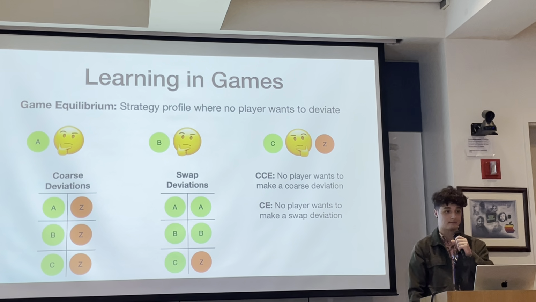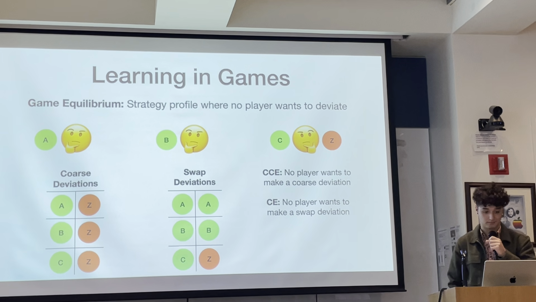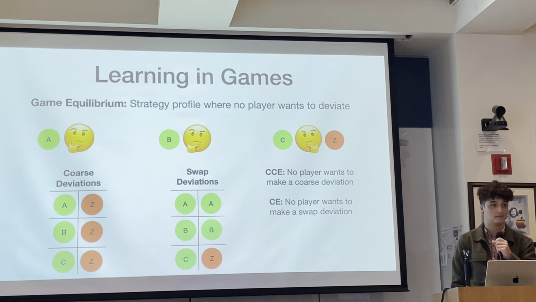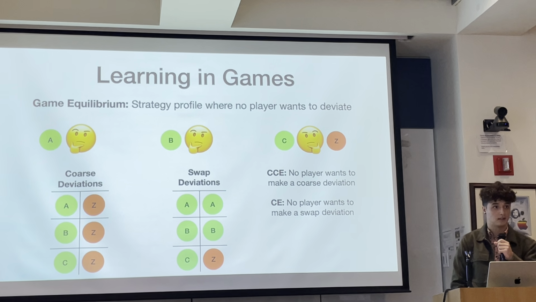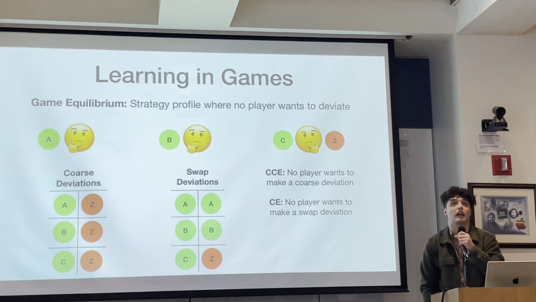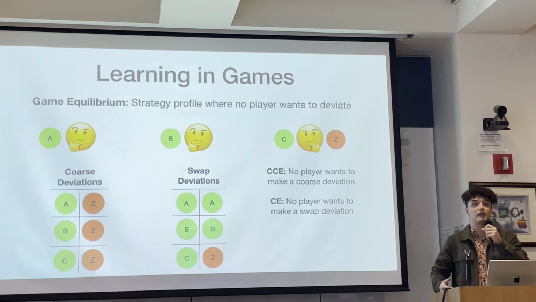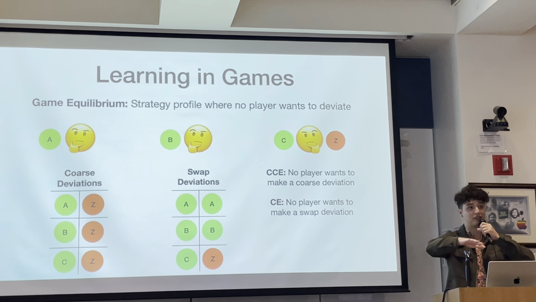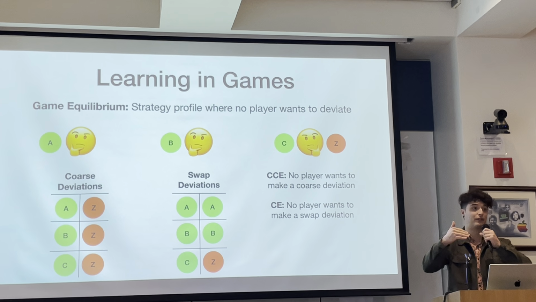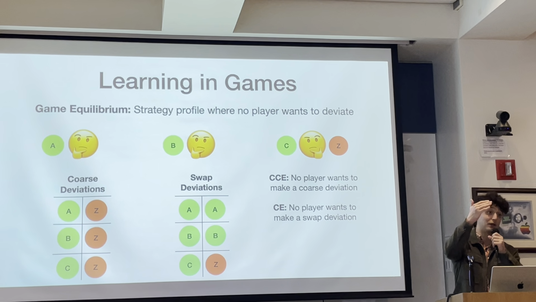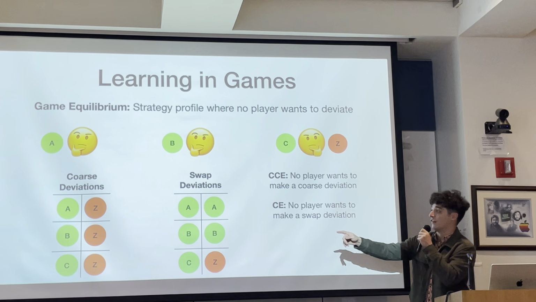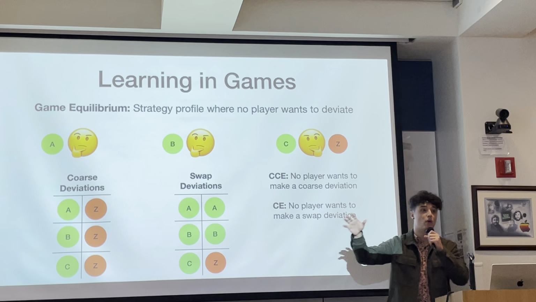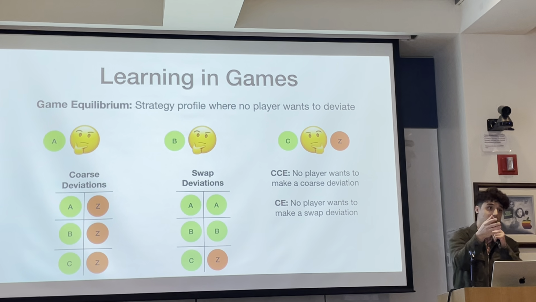Oh, sorry. Just a clarification. For coarse correlated equilibrium, it's basically saying there's no pure strategy that the player would prefer, right? Yeah, it ends up being pure because this ends up being a linear thing. So if there's a good mixed deviation, there's a good pure deviation. It's mostly that it's regardless of what is being suggested to this algorithm.